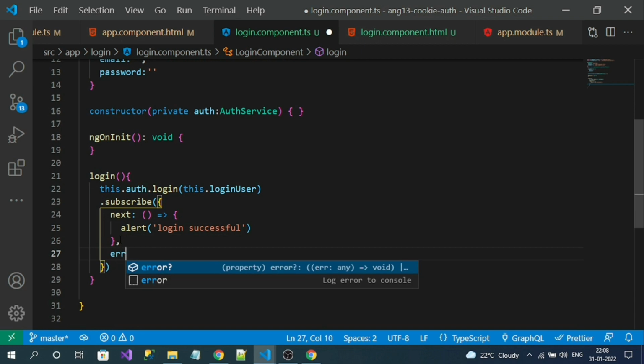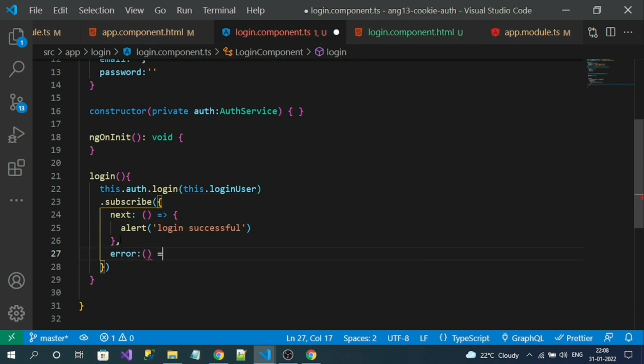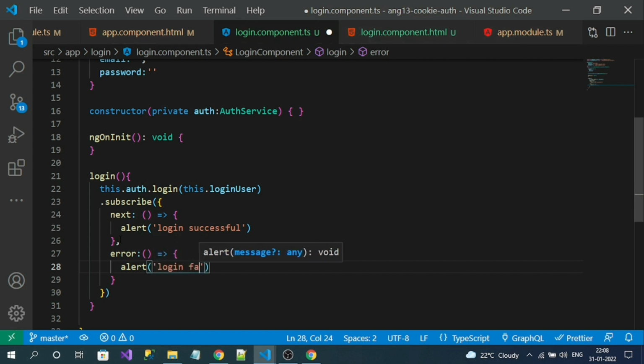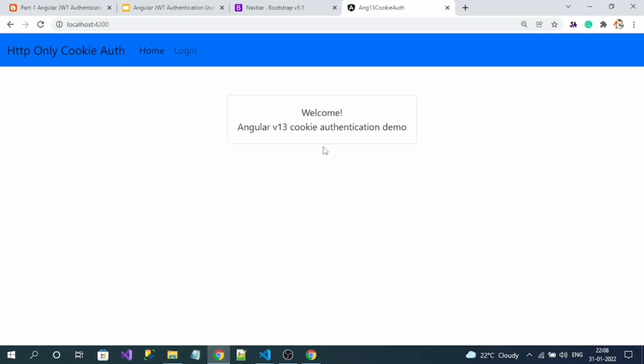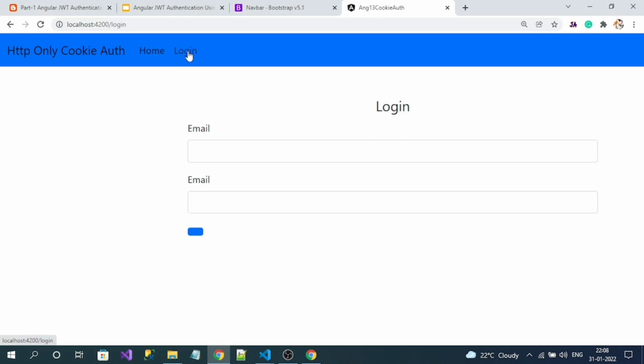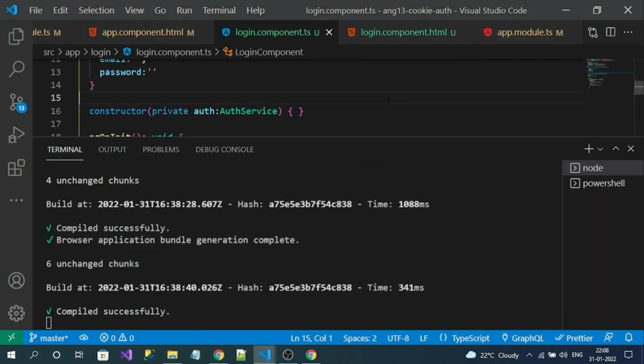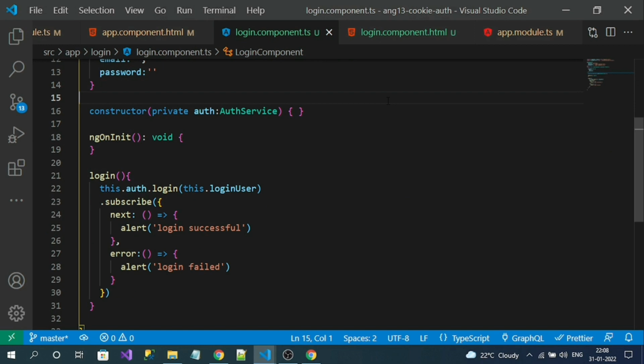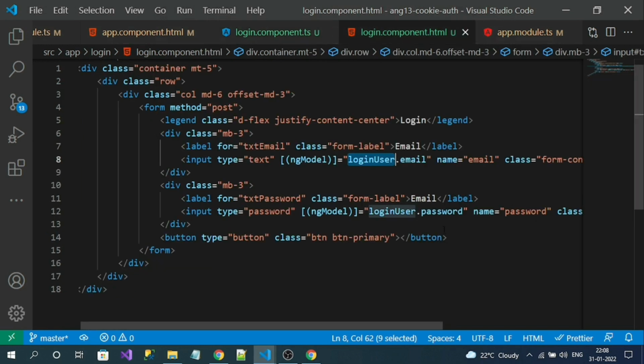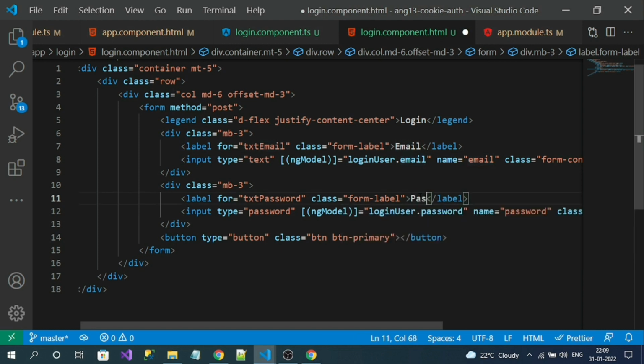If there is any error, let me show an alert message like login failed. Let's run the application and test the login authentication. So here you can see the login link, click on it. Let's go to the login HTML. Here it is a password,